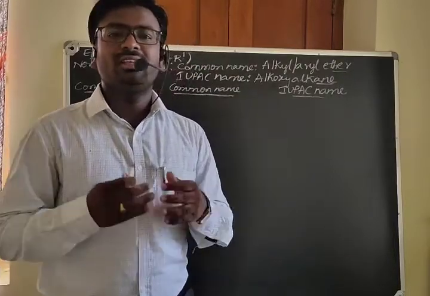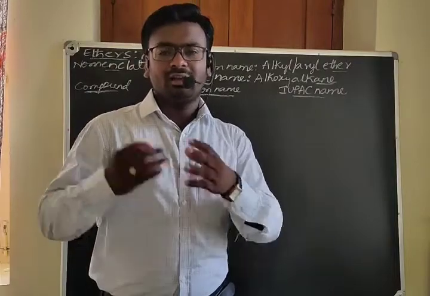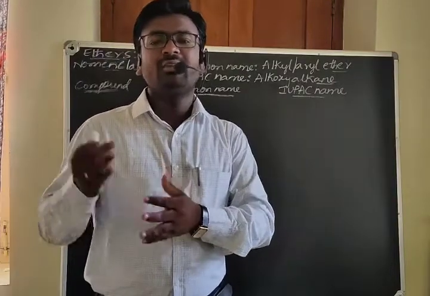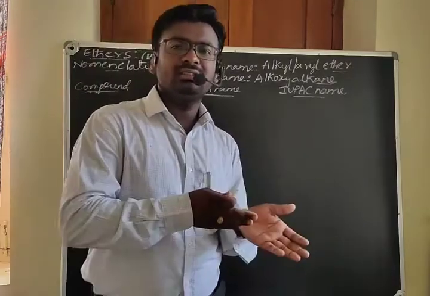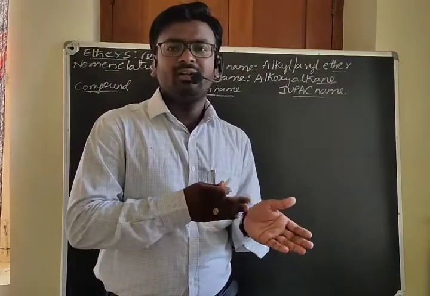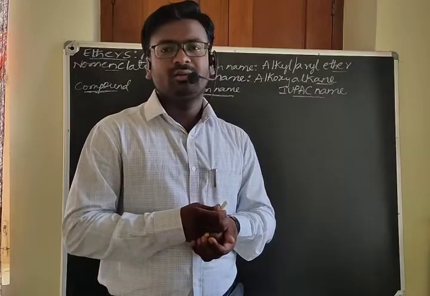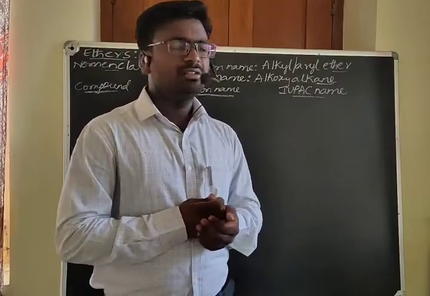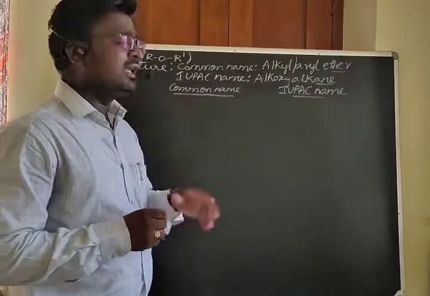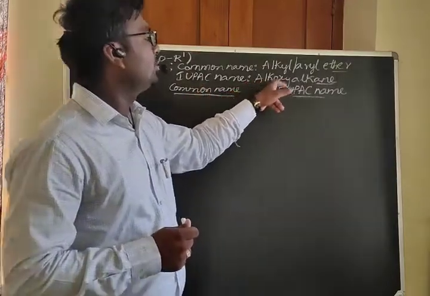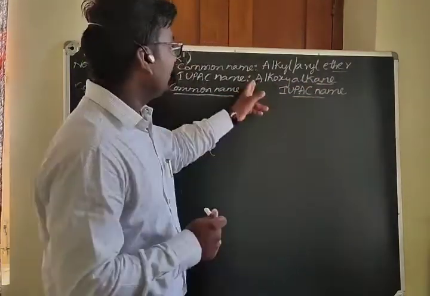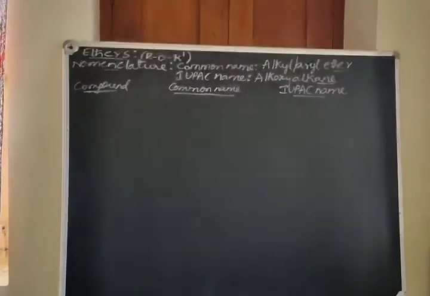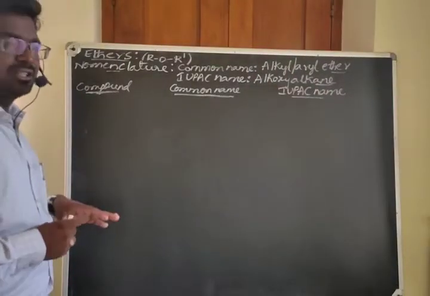When the carbon numbers are more in the alkyl part, it will be considered as the word root. If carbon numbers are more in the aryl part, that will be considered as the word root part. Let us see some examples. In the IUPAC system, you may call alkoxyalkane, alkoxyarene, phenoxyalkane. Now let us consider some of the compounds.